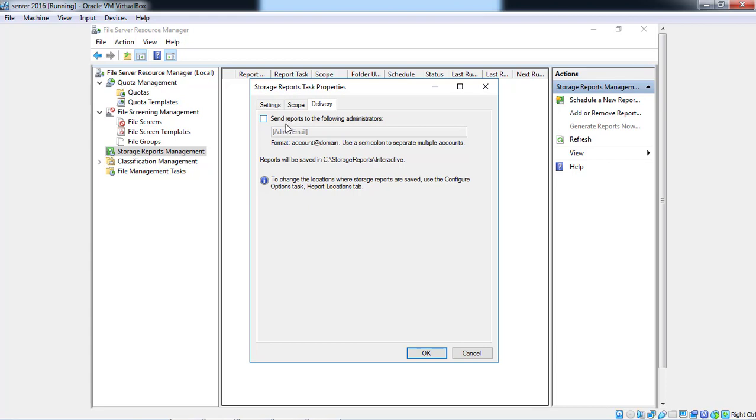It will automatically submit the reports to the Exchange server, to the admin who created the Exchange server.